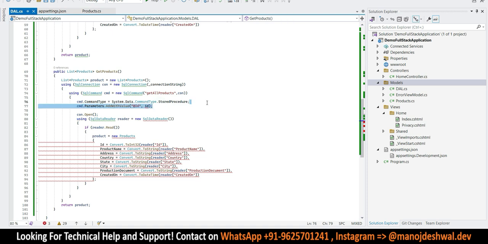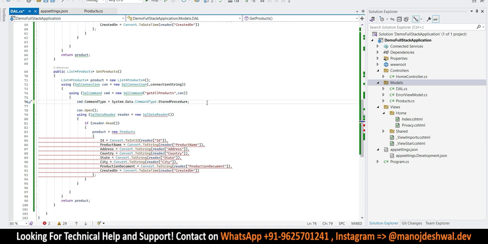So we don't need this ID over here because we are not passing any parameter. It will go and fetch all the records whatever are there in the table. So this is the procedure type, and connection dot open data reader